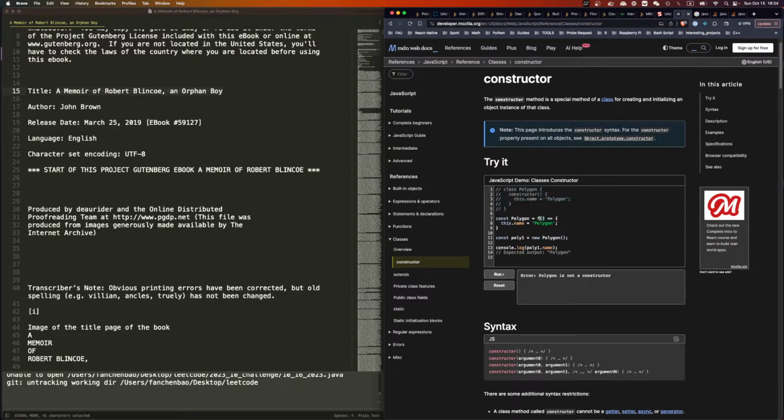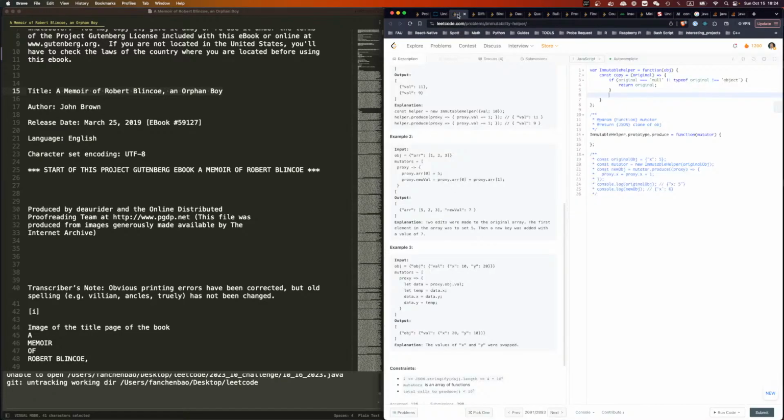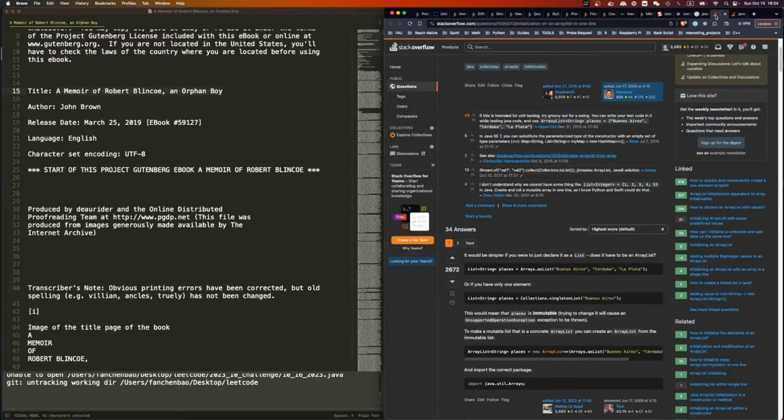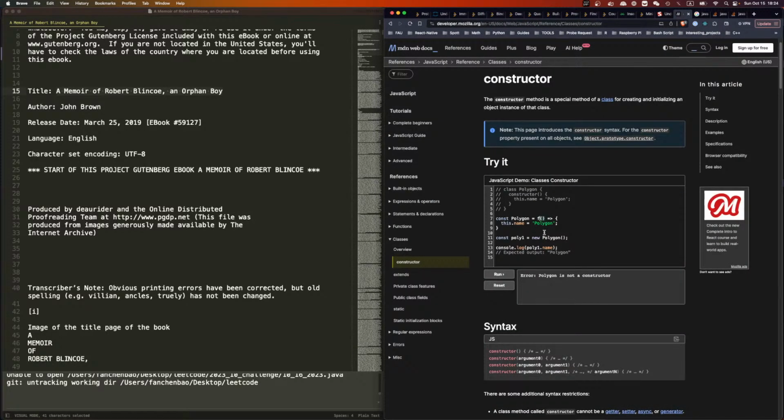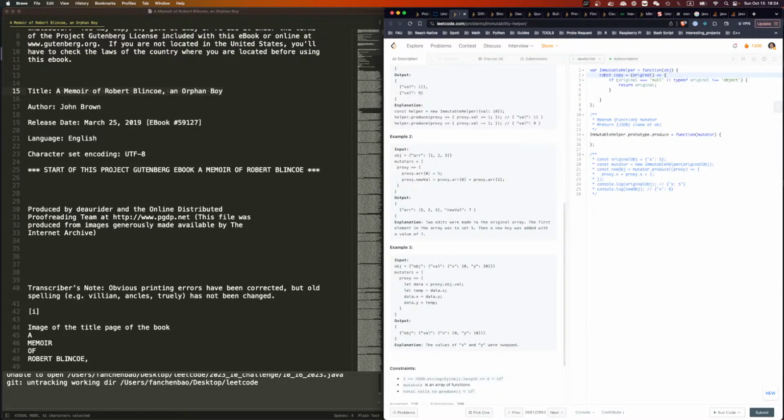Okay, function. Can we do const? Undefined, it has to be this. Okay, so it should be this.copy. Okay, equals original, and